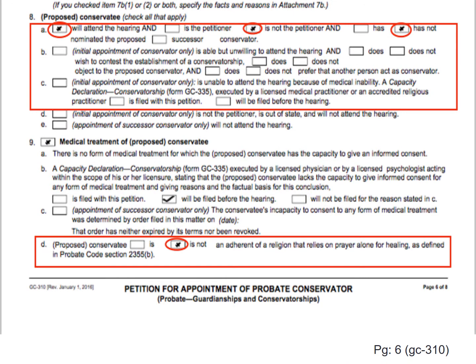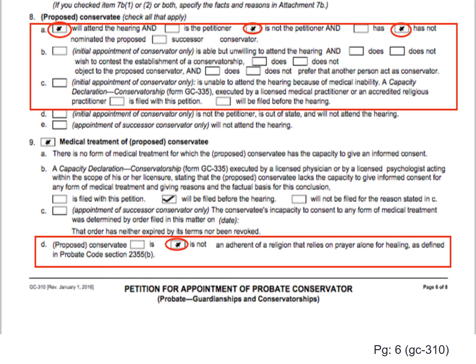On page 6 of Form GC-310, at item 8A, check the boxes next to will attend the hearing, is not the petitioner, and has not nominated the proposed. These boxes are checked by default. Whether the conservatee is actually physically able to attend the court hearing will be determined by their doctor and discussed later on. Check the box next to item 9 and will be filed before the hearing at item 9B